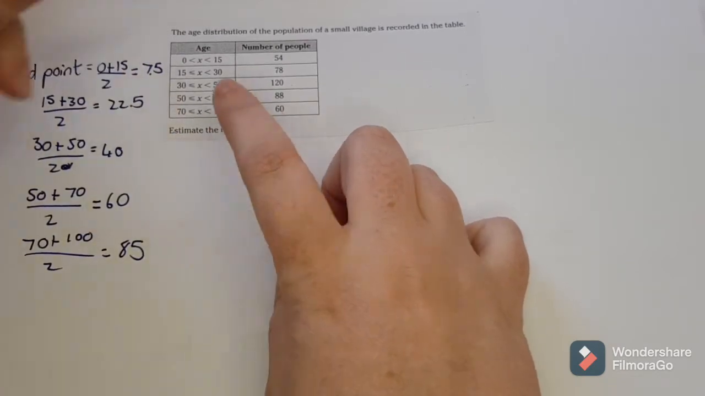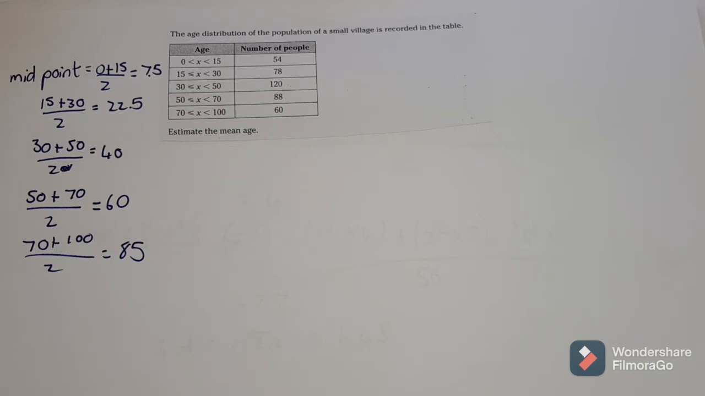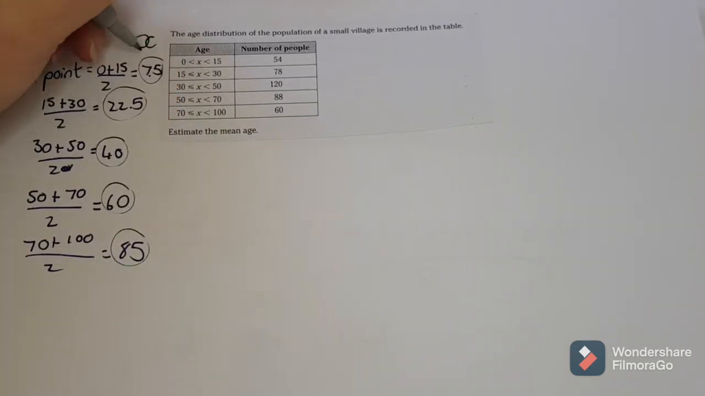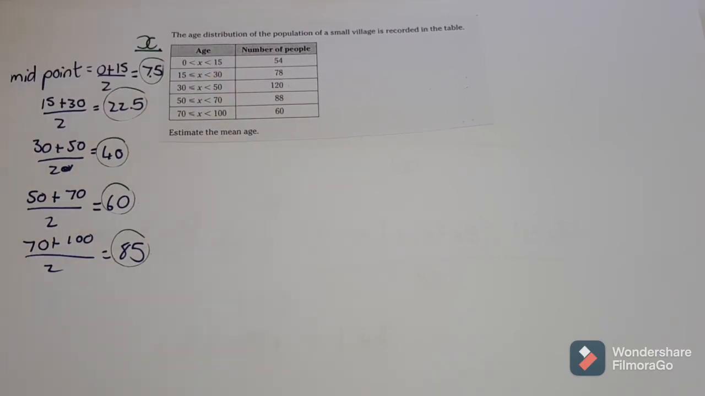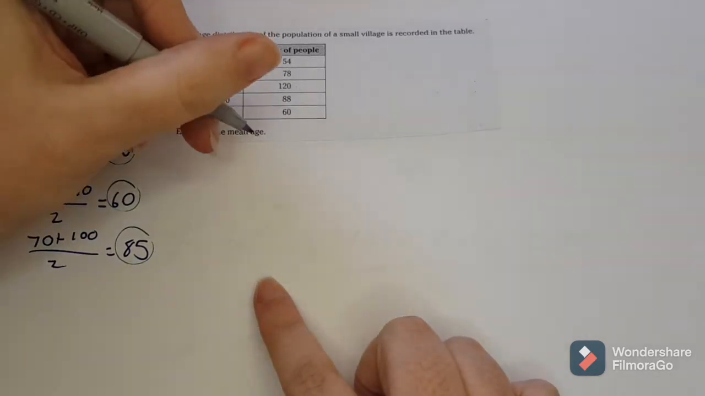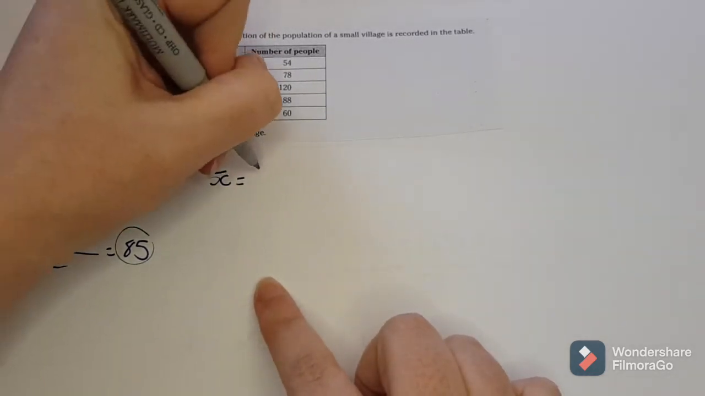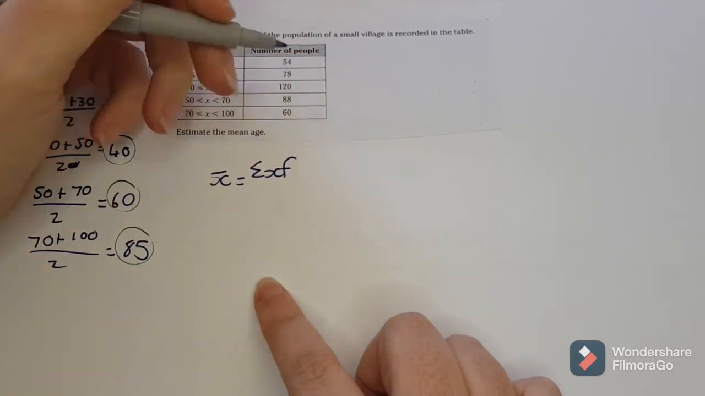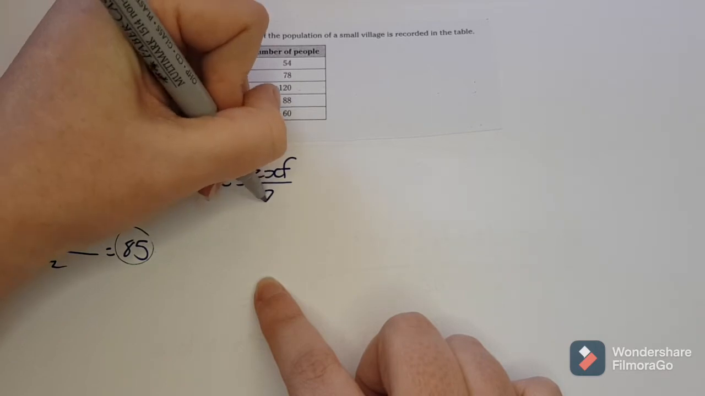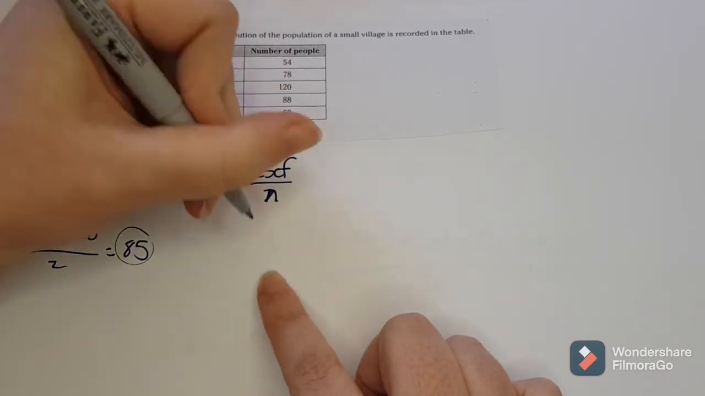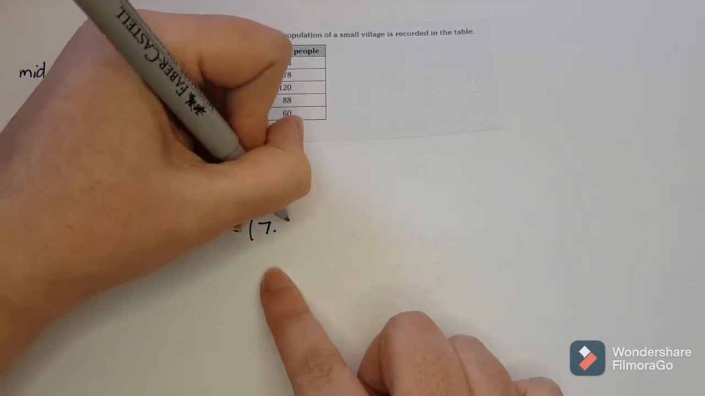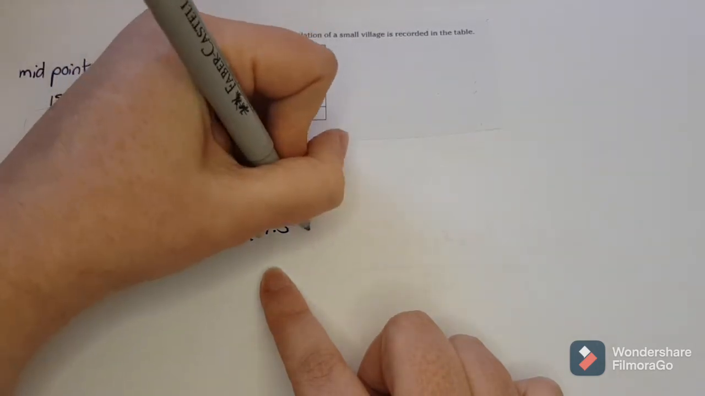So each of these now becomes an x value in the formula. So those are each my individual x values. So now when I want to calculate my mean, I use my same formula, mean equals sum of x times f, because we still have a frequency table, divided by n. So then I'm going to take each individual midpoint that I just worked out times by its frequency,